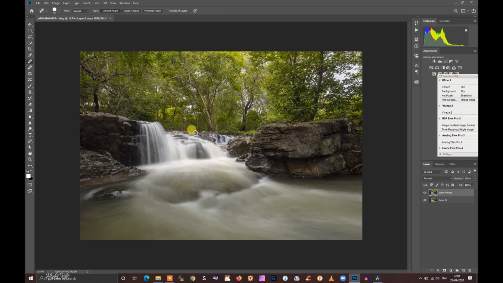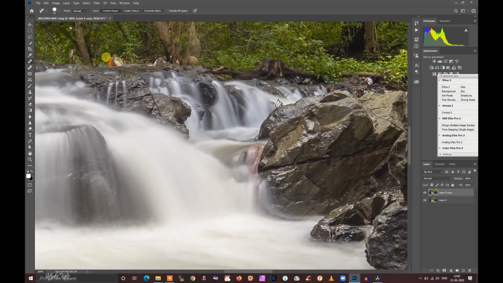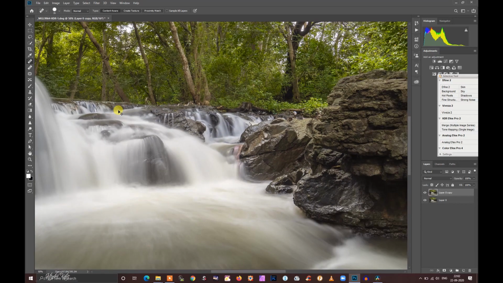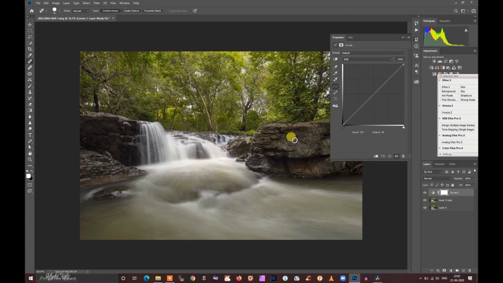and the first thing I will do is to remove this debris in the background. By pressing Ctrl and plus keys, I will enlarge the image so that I can see it better. With the healing brush, I will just remove it. Ctrl and minus key to come back to the original size. Okay, now I will launch this curves adjustment layer. Click here.